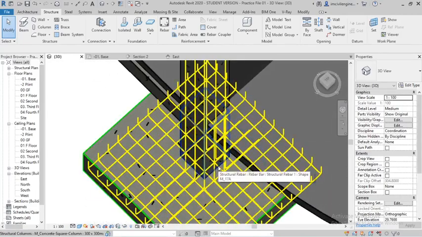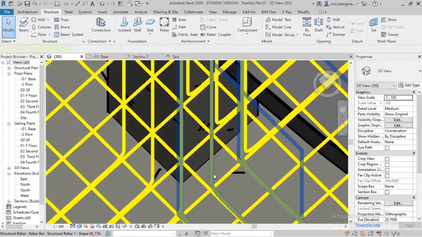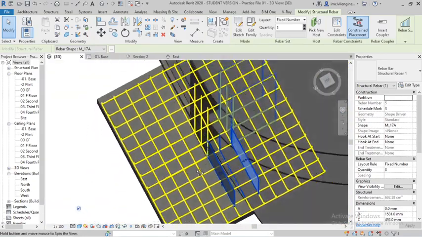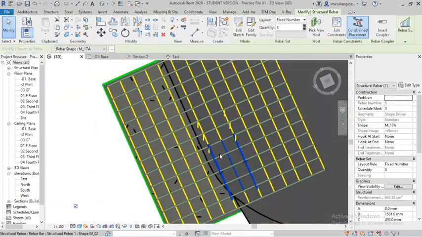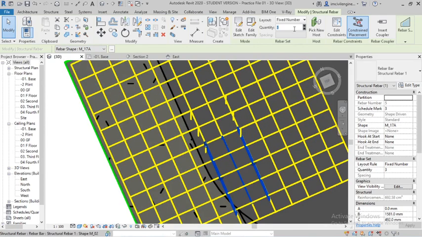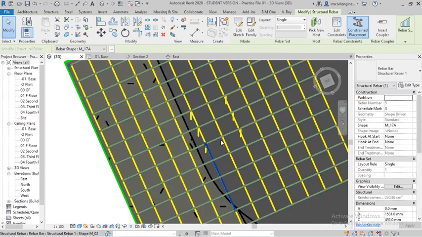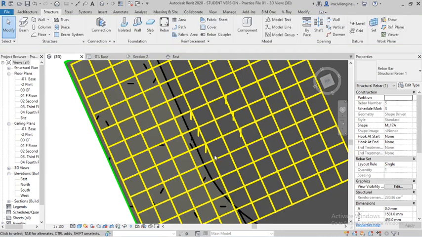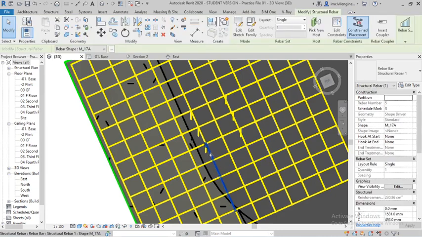Yeah, you can see. Make it only one number. Enter. Otherwise select this and you can move like this.